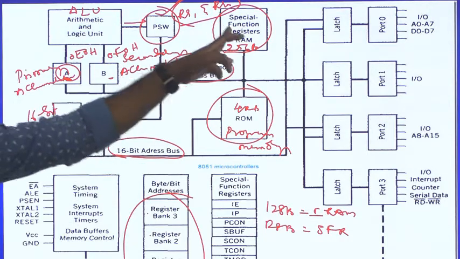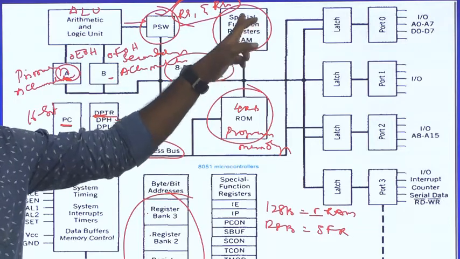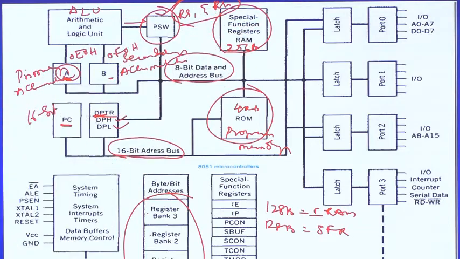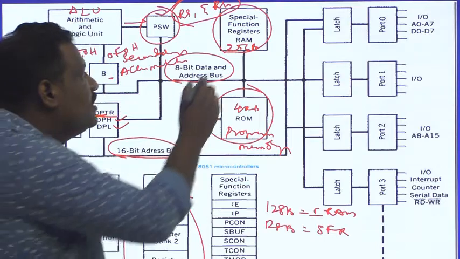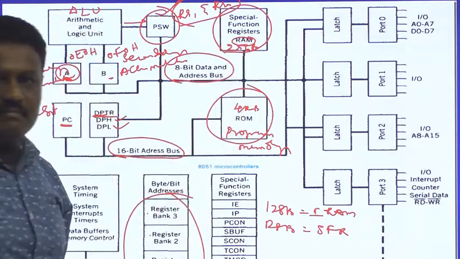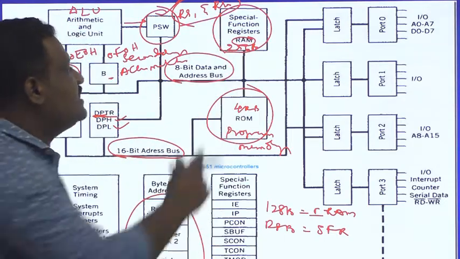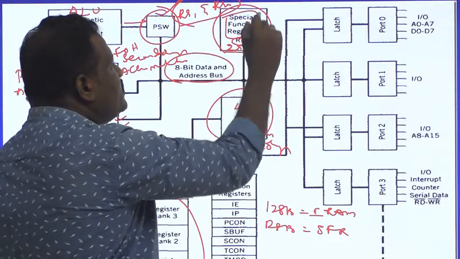So that's why here it is special function registers and RAM. The block is a combination of both. The total size is 256 bytes. In that, the first 128 bytes are dedicated to internal RAM and another 128 bytes are dedicated to the special function